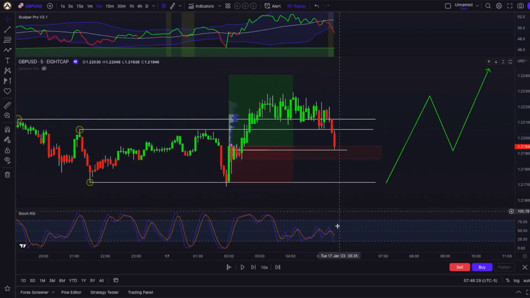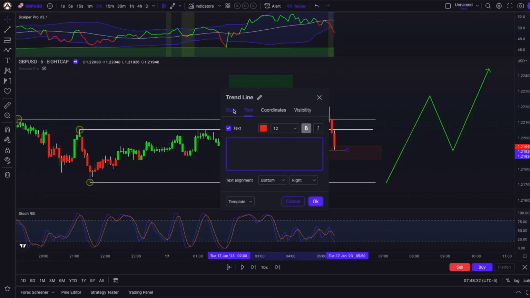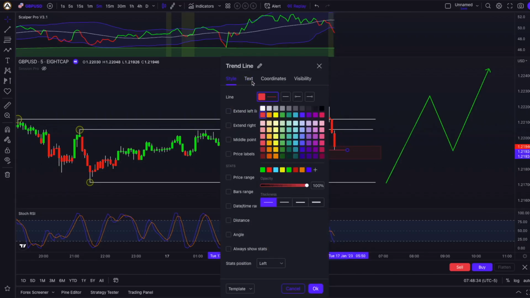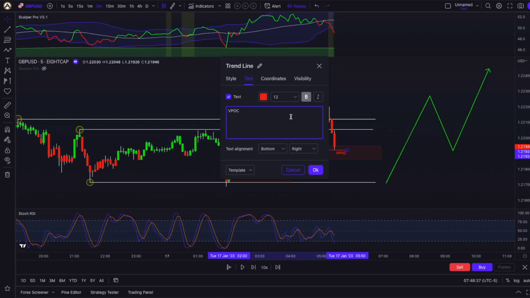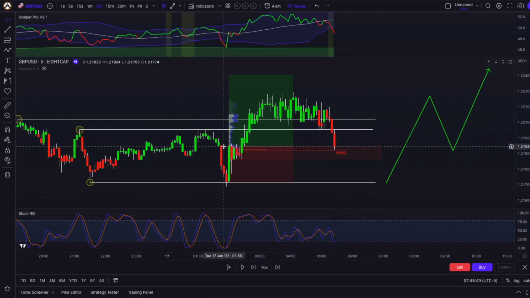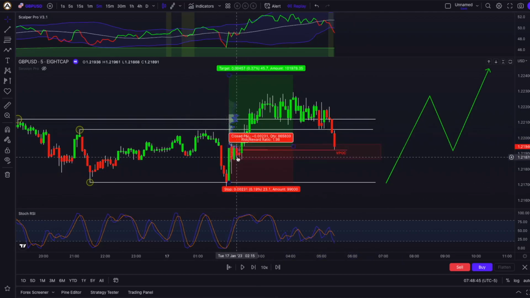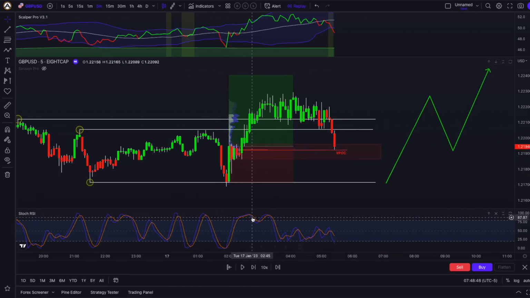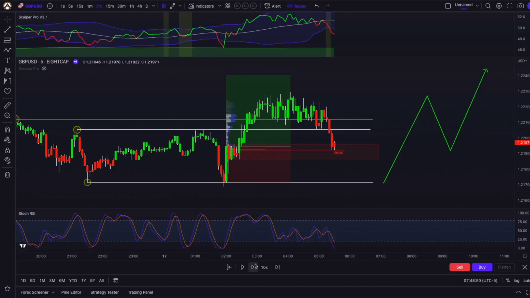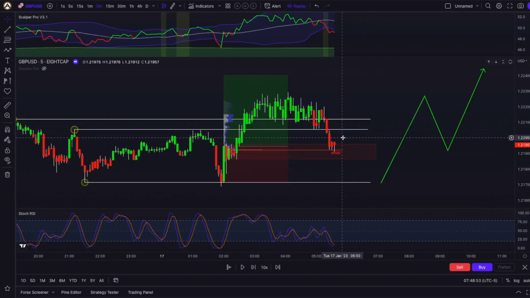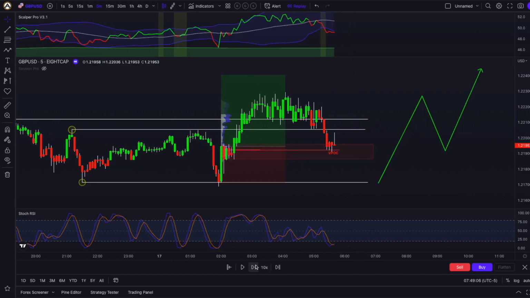So now we see we hit the volume point of control. Let me quickly change that color here. We're gonna make this red and we're gonna call it volume point of control, VPOC. We're now inside of our volume area high, right here, inside of all our inside candles based on this 2 AM candle. And let's see how price actually reacts to this volume point of control. Every time we go below it, buyers keep pushing prices up higher, leaving behind those wicks. There are almost no wicks to the upside, only wicks to the downside currently,